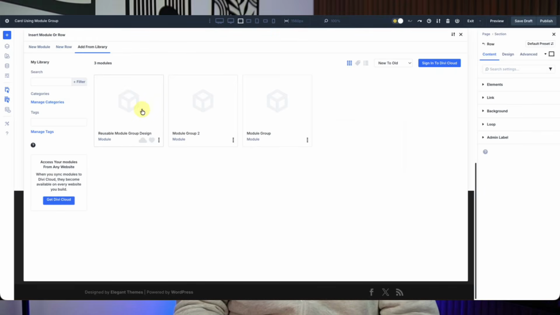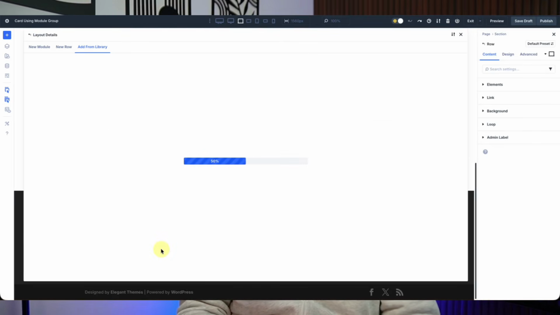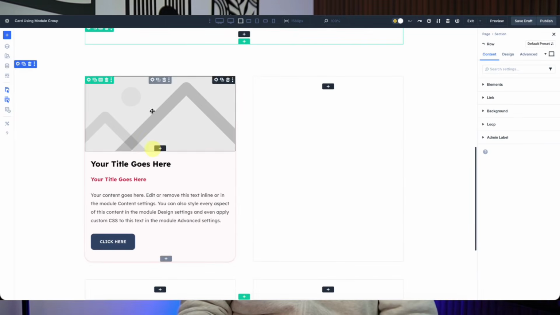Now to reuse the card, open Divi Builder on any page and go ahead and add a row. Choose Add from Library and select your saved card. The entire design drops in instantly with the same structure, spacing, and styling already applied. And from there,